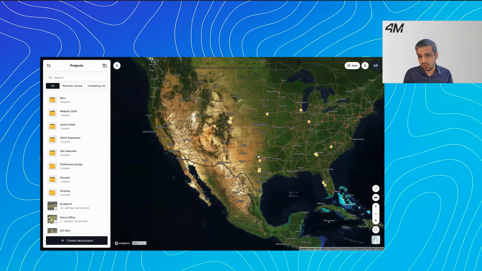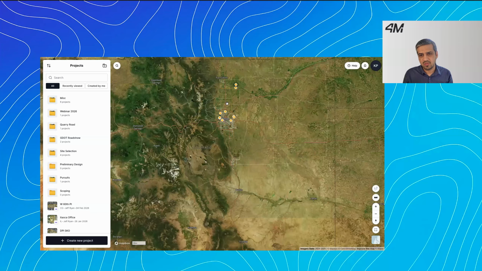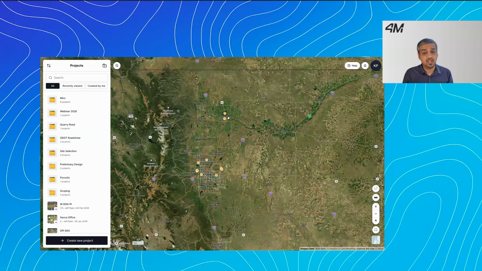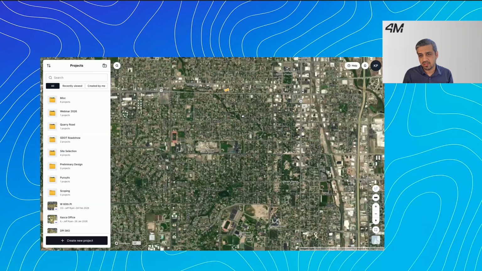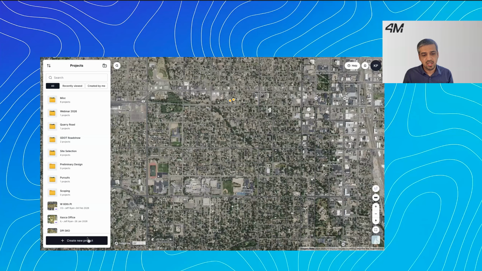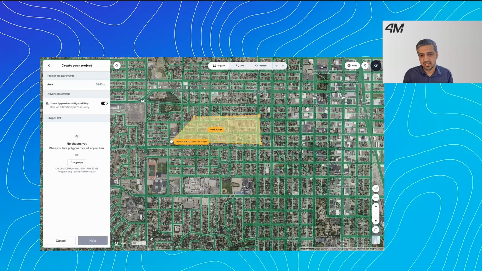So this is the product view. For this particular account that I've set up, it has multiple states that I have access to. In principle, we have pre-mapped a state, so I can go anywhere within a state. For example, in Colorado, I can go over here. I can say, create a new project. I can start drawing a polygon like this, and that could be my new project. Or I could